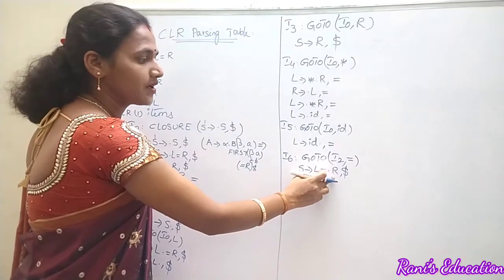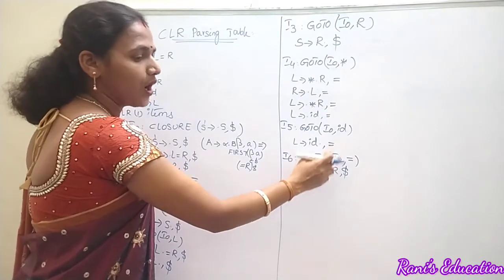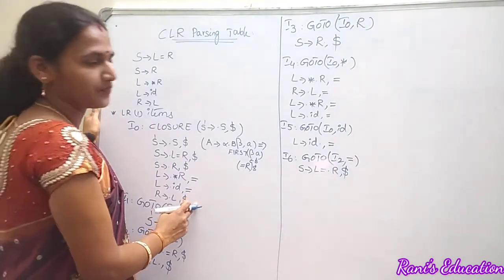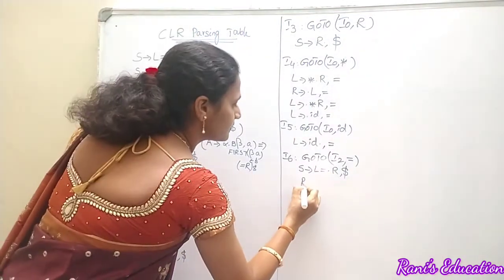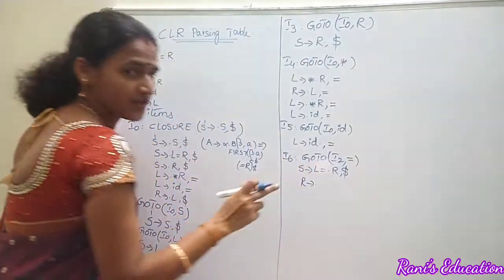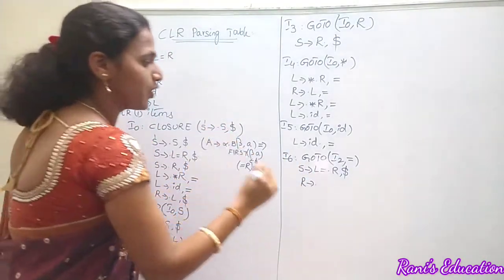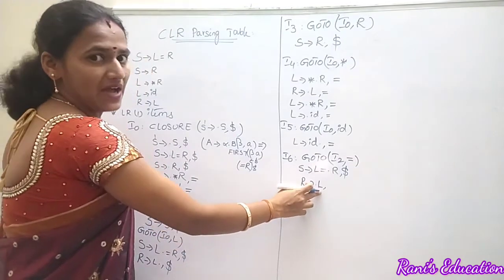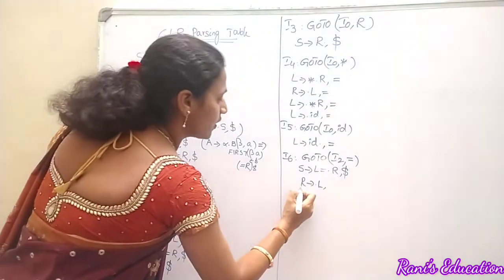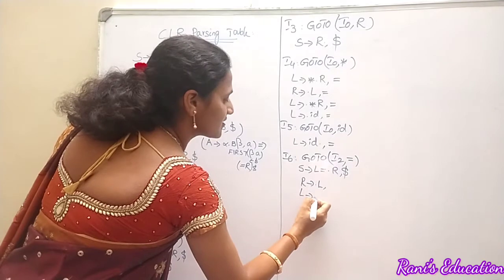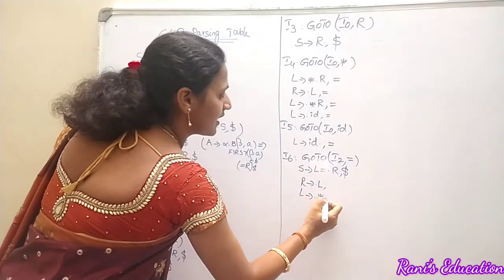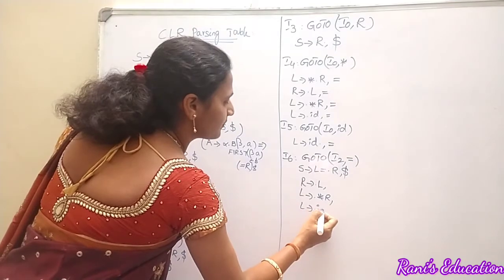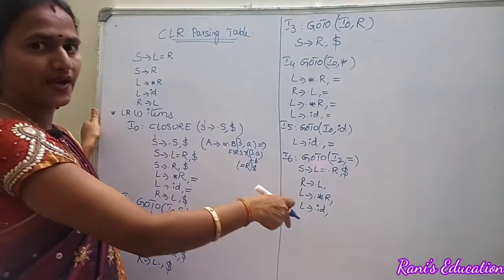So what we have to do here? We need to include our productions, which we have defined in the I0 item. Just we are going to include productions, not lookaheads. That we want to remember. So here also after that we have a non-terminal R, so we are going to include R productions as well. That is R derives dot L or L derives dot star R or L derives dot ID. Now we need to find out the lookaheads for that.